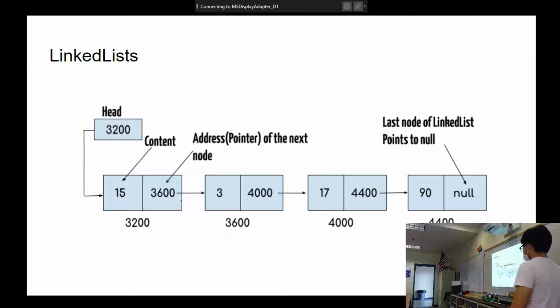This is a linked list. I'm going to show it to you for now, but I'll come back to this picture. The big thing is that we have the value 15, the value 3, the value 17, the value 90. And it's similar to an array where we have all these values. In an array, what do we use to find these values? Indexes. We use an index to find 15. This is 0, 1, 2, 3. Different indexes. The difference here is we're using addresses. So we'll talk about that in a second.